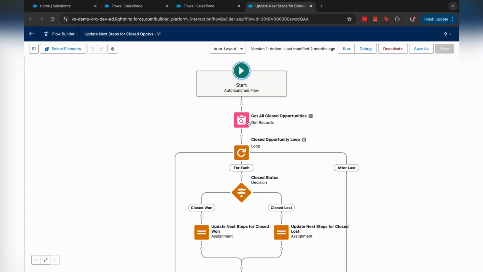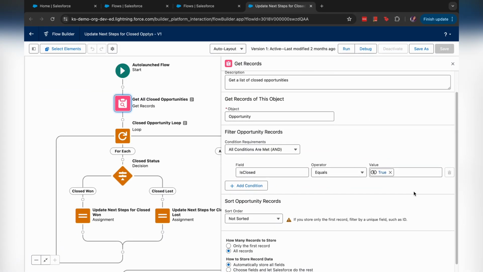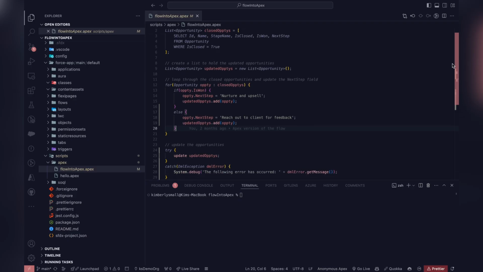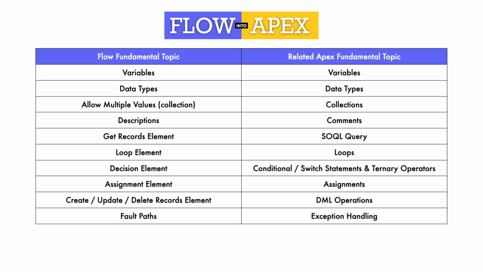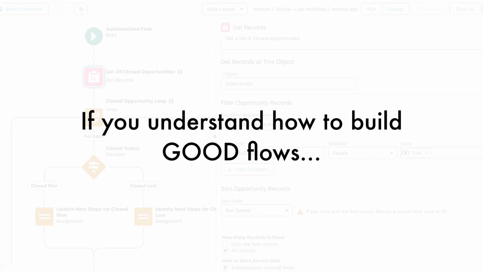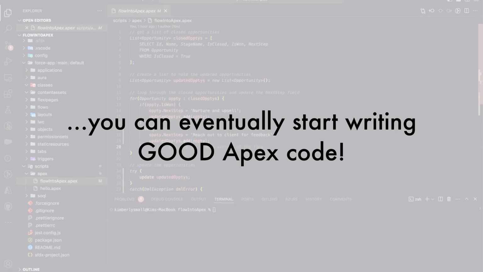Are you a Salesforce professional that's comfortable building flows, but you have no idea how to write code? Well, I'm here to tell you that flows share many of the same fundamentals as Apex. And we will cover some of those similarities today. So believe me when I say, if you understand how to build good flows, you can eventually start writing good